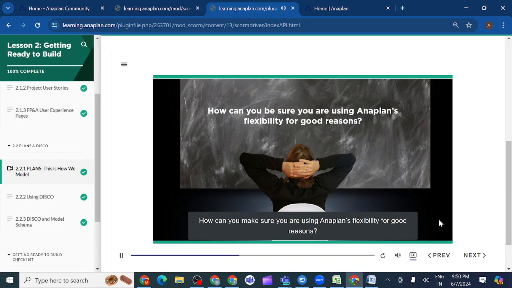Can you give an example of how you can make sure Anaplan is used for flexibility? If the calculation is complex, we have to do it in different line items. We will create those calculations and formulas later; for now we are just understanding the rules. So we are going through the rules. What are the rules we should follow?